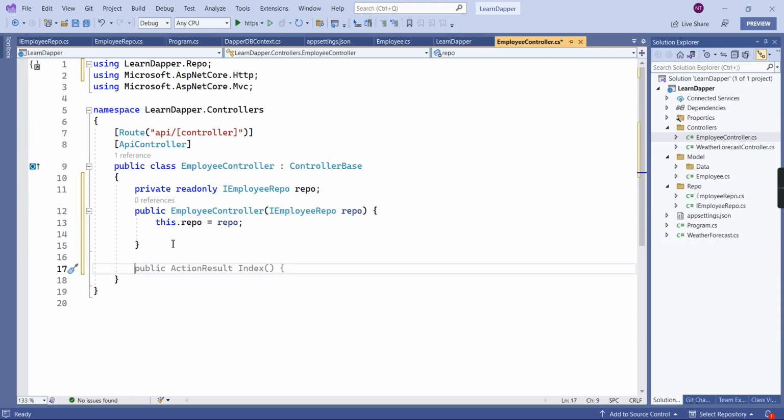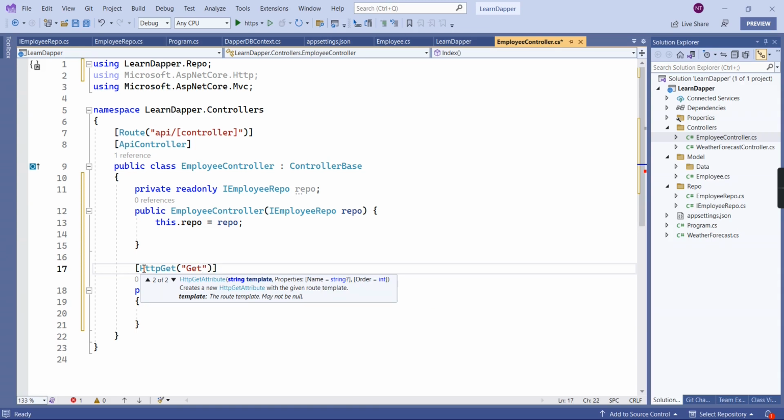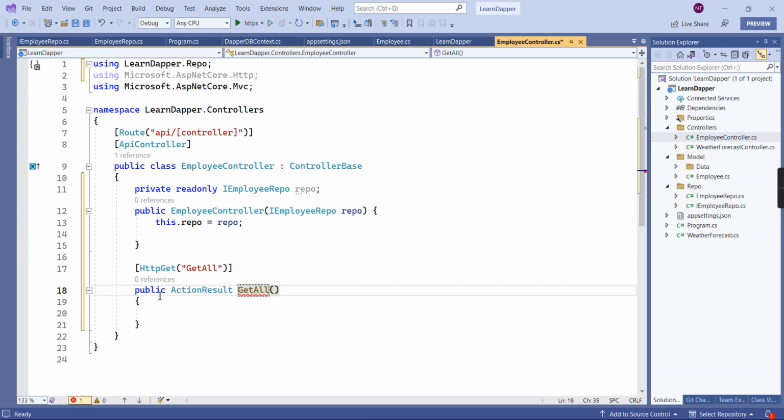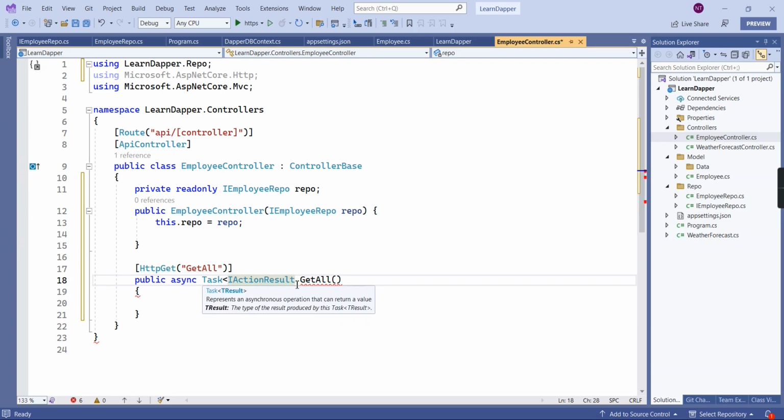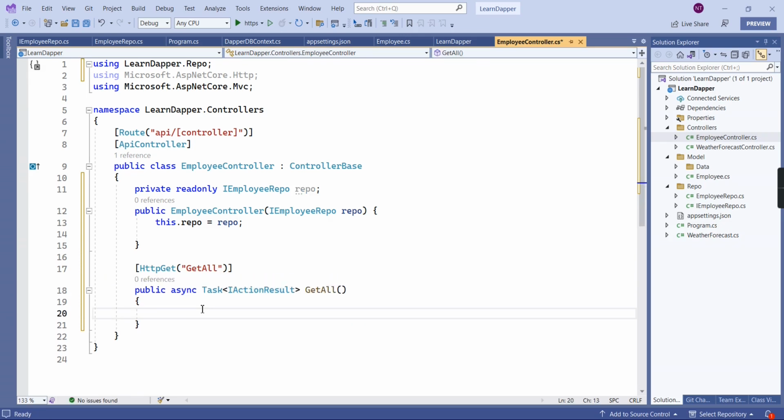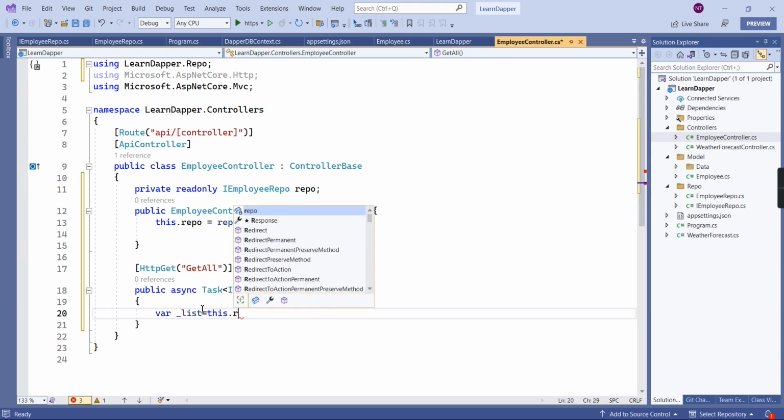So next we can create our first action method. So the method type is get method. So the name is getAll, and we are doing asynchronous programming. So let me mark this as asynchronous. So inside the task we can use the IActionResult interface. Okay, and here I am going to declare one more variable. So this dot repo dot getAll,